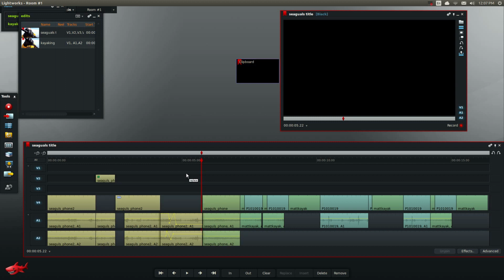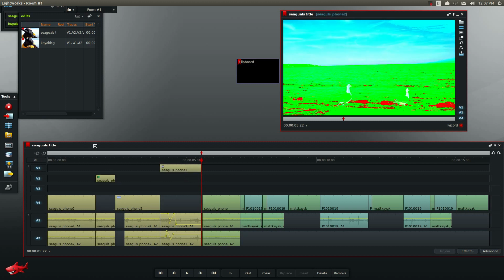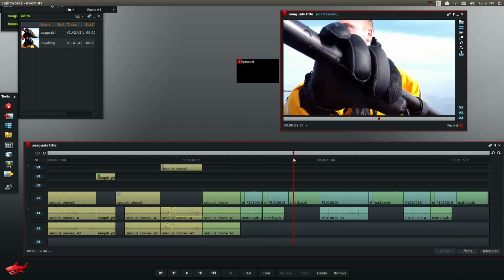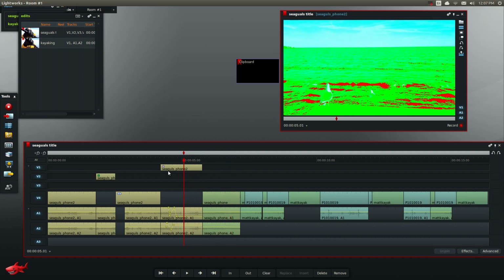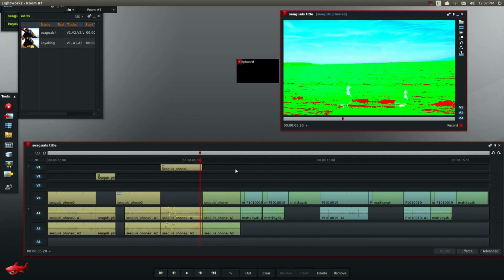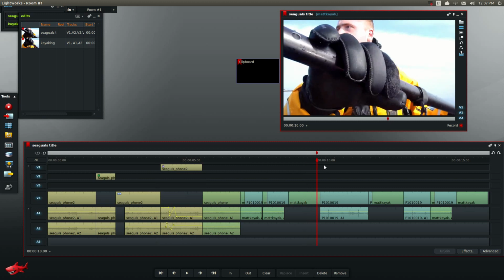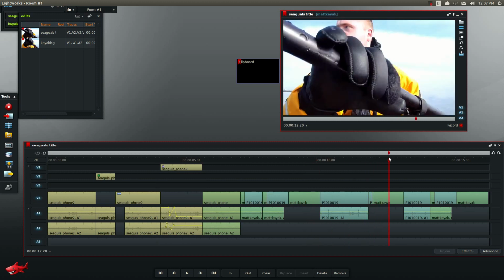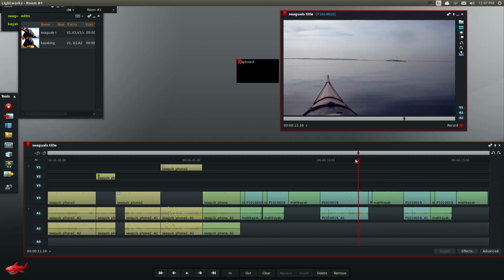I can drag these separate tracks up. Can do the same with audio. Change that to audio. And now I just have 1 more audio track. So that's the other thing I did forget to show earlier. But this is everything with Lightworks that you really need to know. Now just to export the video,